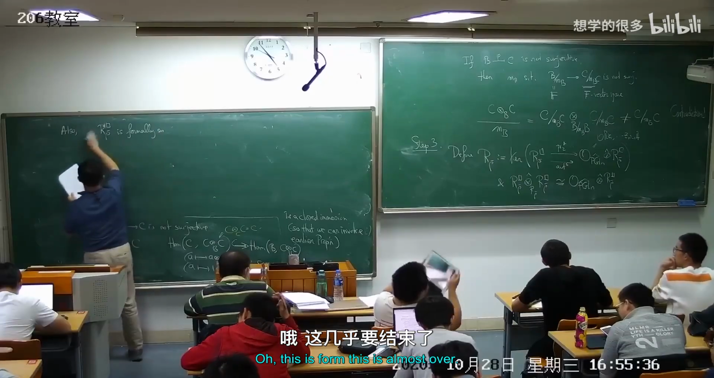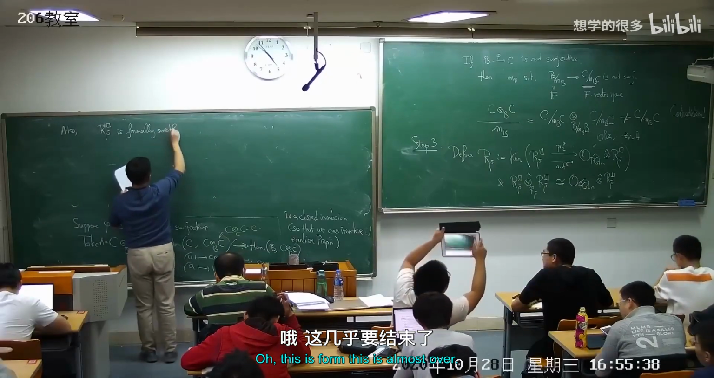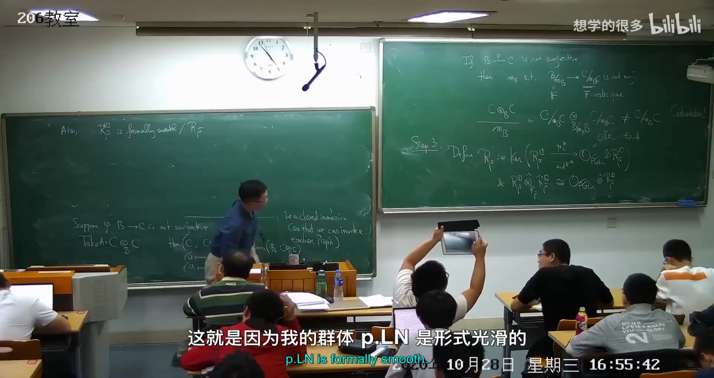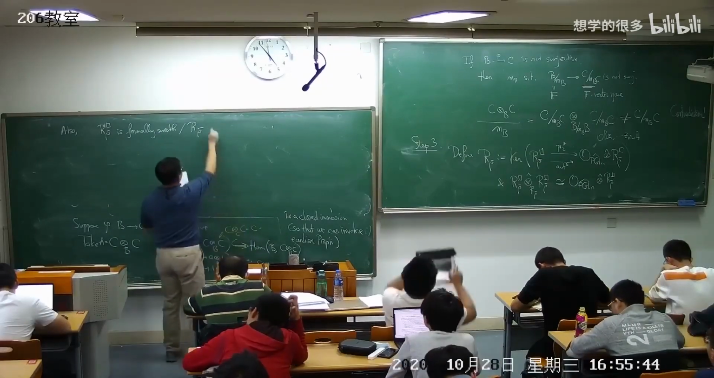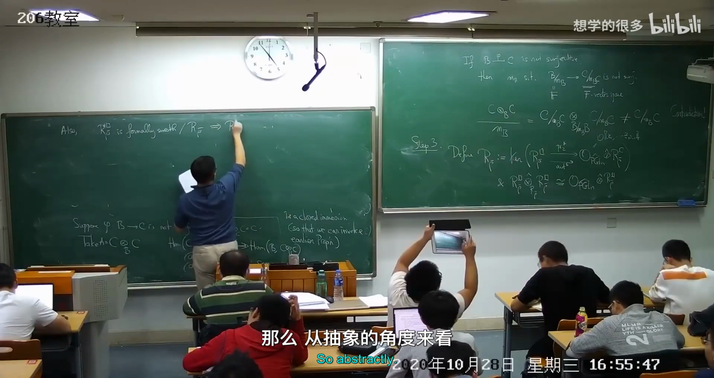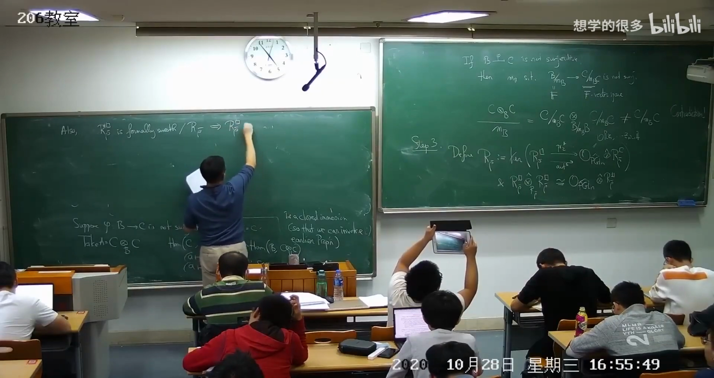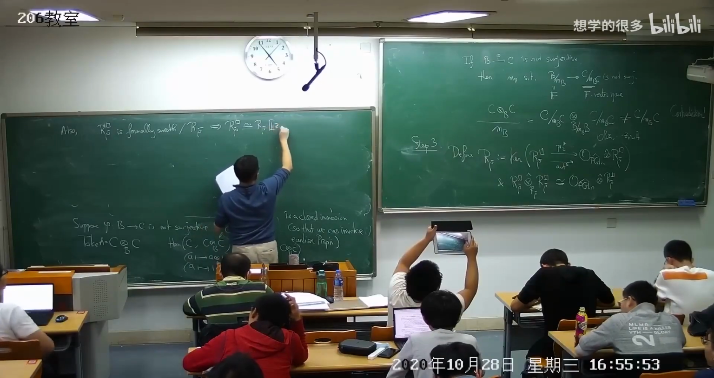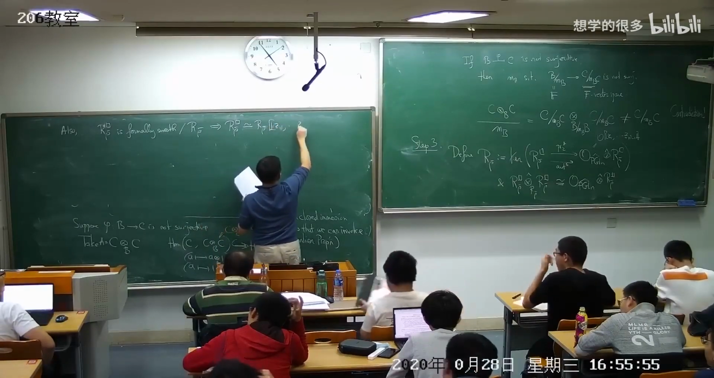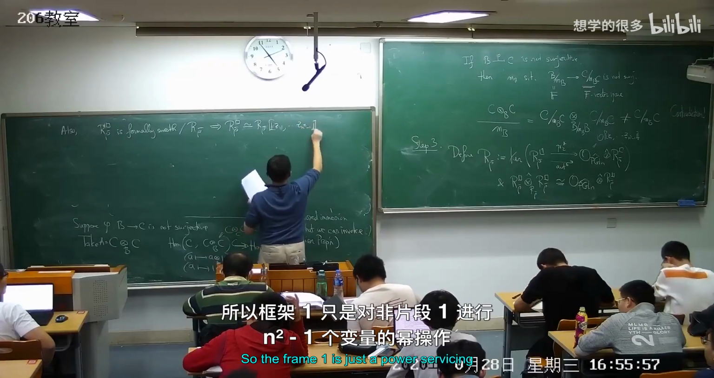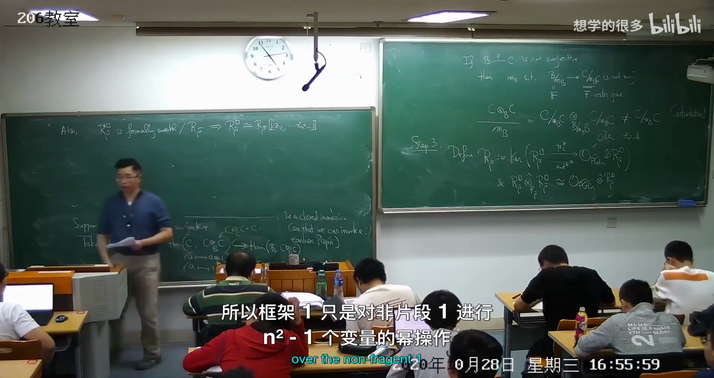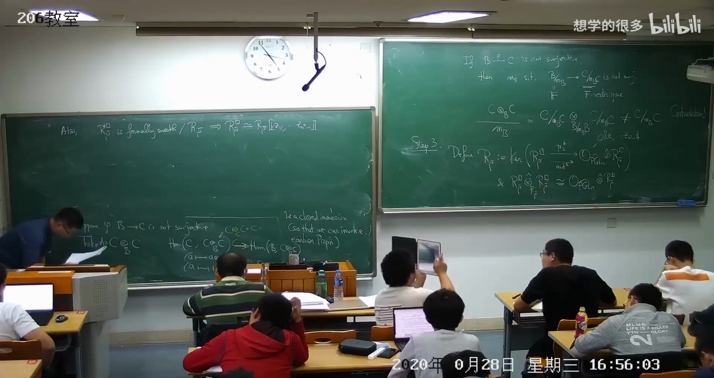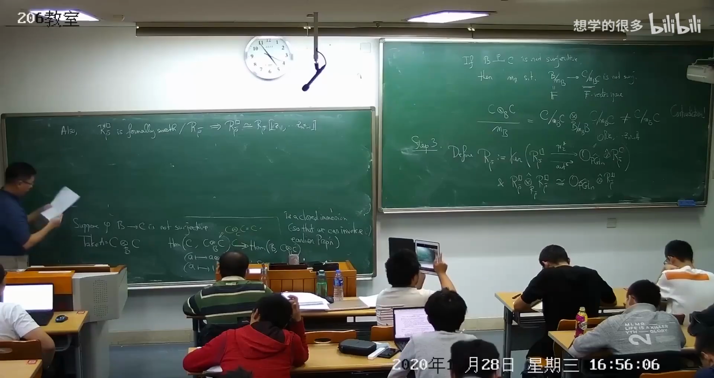Oh, this is formally smooth over. So that's because my group PGLN is formally smooth. So abstractly and non-canonically, the framed one is just a power series ring over the non-framed one with n squared minus 1 variables. Right. So my claim